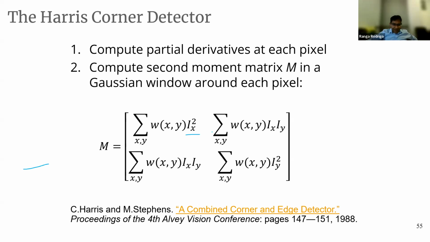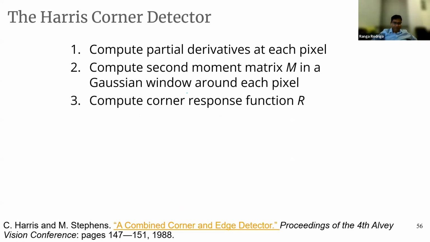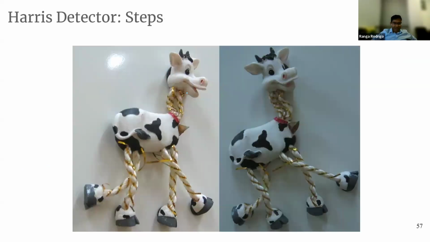That's it. Run the Sobel operator in the y direction and then you multiply them. Actually, you have to blur them using a Gaussian window and sum them. So that is your M. At each location, you have an M. Compute the second moment matrix in a Gaussian window around each pixel. Compute the corner response R using the trace and determinant criteria: determinant minus alpha times trace squared, and then